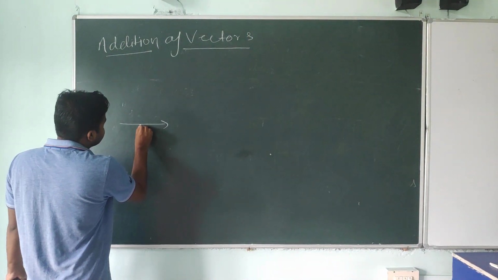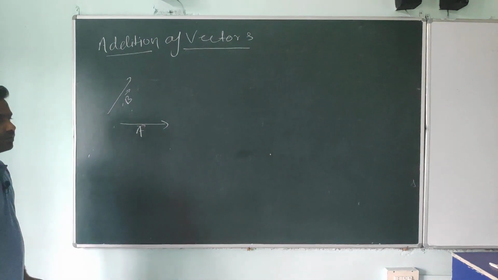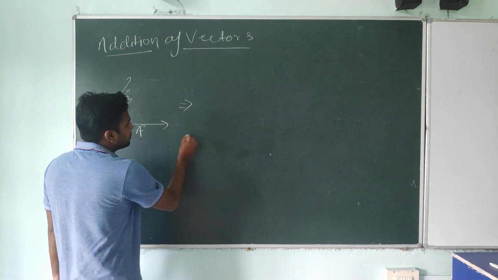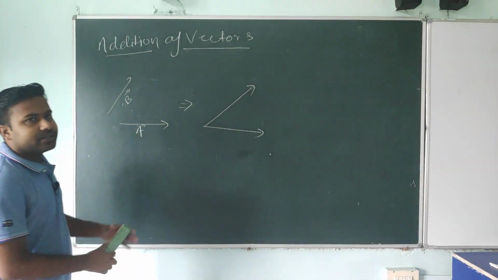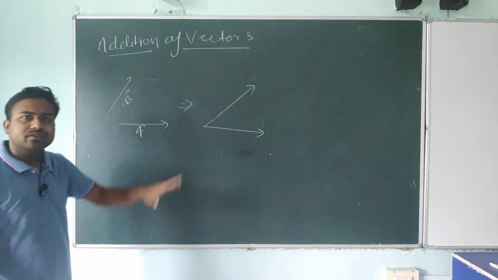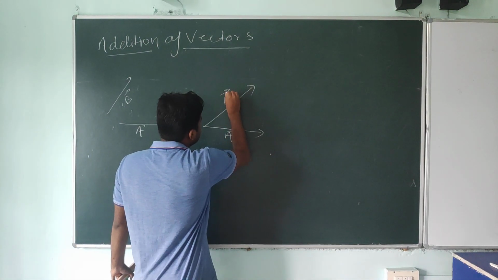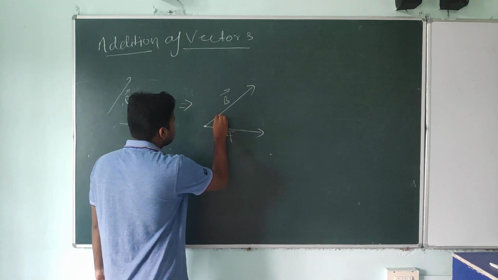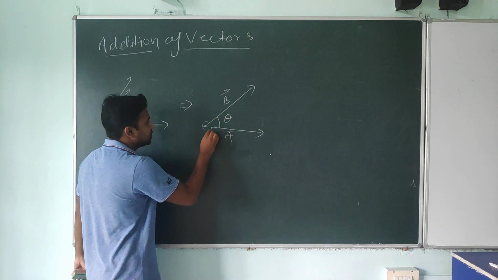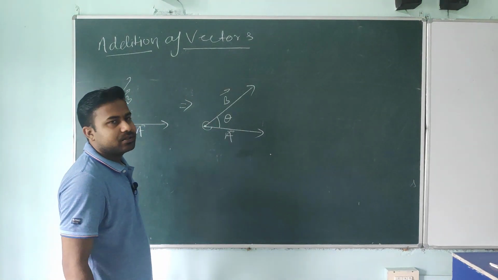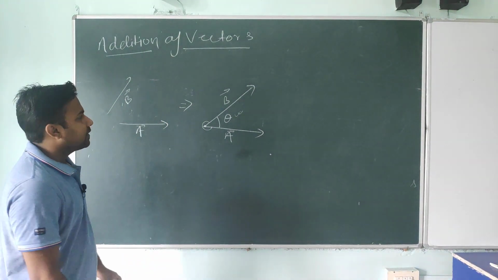So we are assuming this one is the A vector and this one is the B vector. Now what you have to do first is join their tails. You have the liberty to move a vector in its plane without changing its direction. Now join their tails. There are two angles forming here: this one is the bigger one and this one is the smaller one. You have to pick the smaller one, and that is the angle between these two vectors.